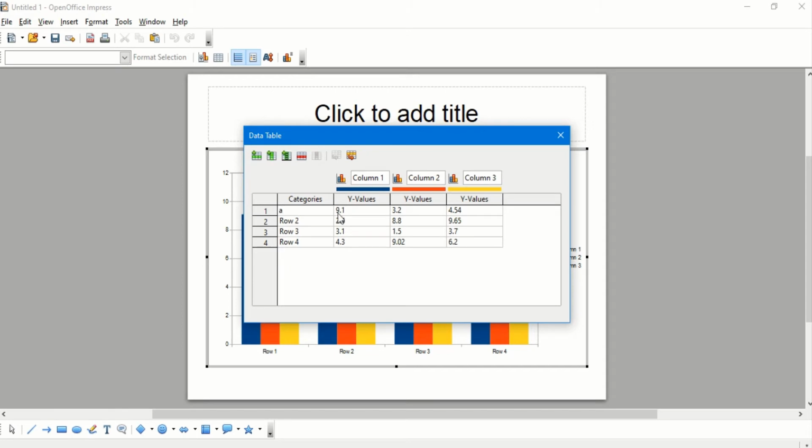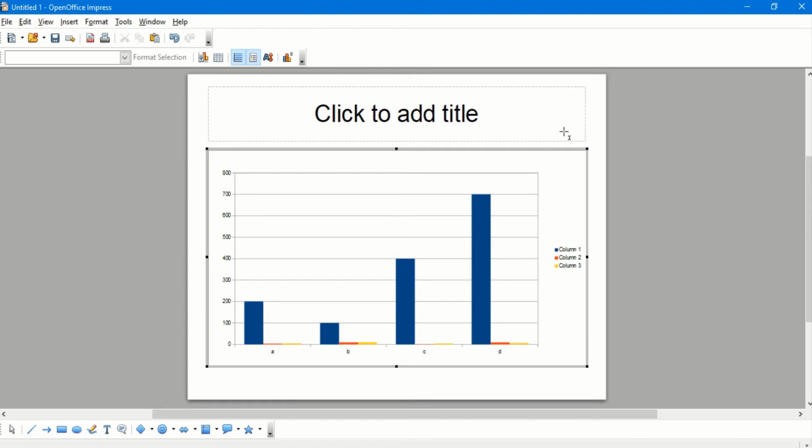Let us take, I'm going to say A, and as I change it, the categories A, B, C and D. I'm just entering some random values so that you can understand. 100. So the values are changing, and you will see that it is changing. This way, column 1, column 2, column 3, the X and the Y values can be changed from this option, and my charts can be formatted in the manner which I want to. So this is the way that we can insert charts into our slide.